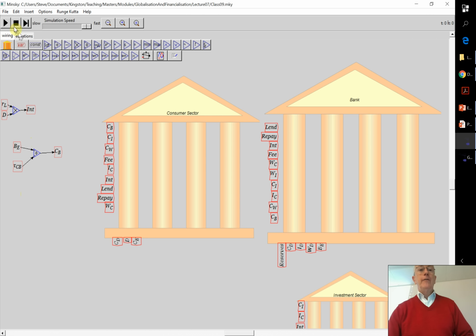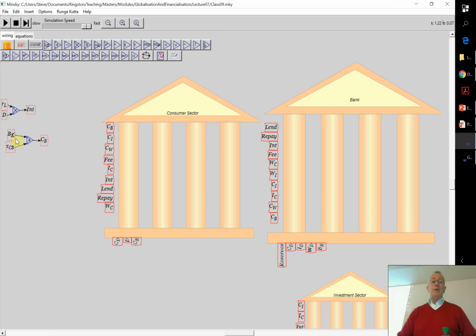Okay, and now if I try running that, of course that's the only part that's being defined, but it does now run. You'll see the time clock clicking over here when you click on run. So you've got bankers' equity defined there, and consumption by bankers. So that's the first one you need to define. You define the tau as a flow, yep.